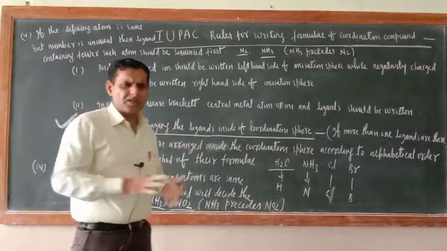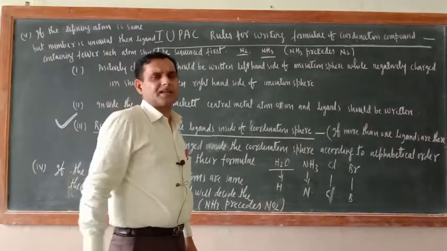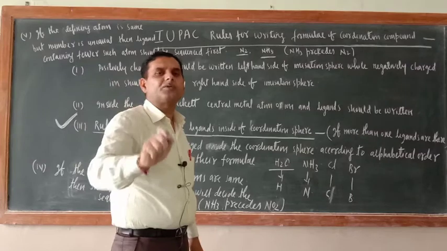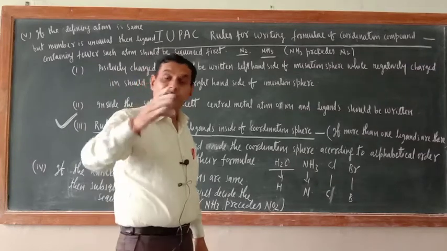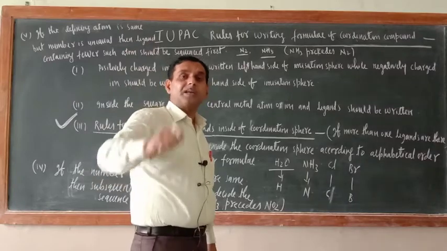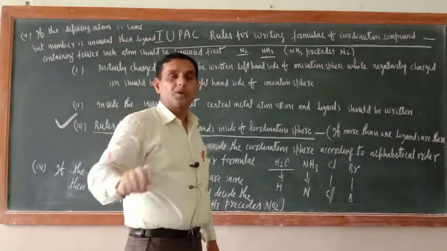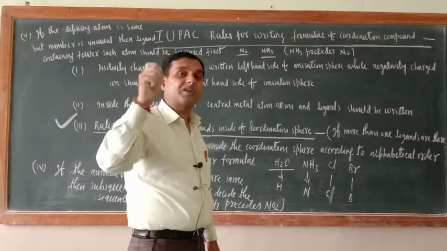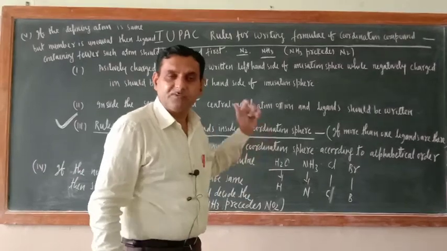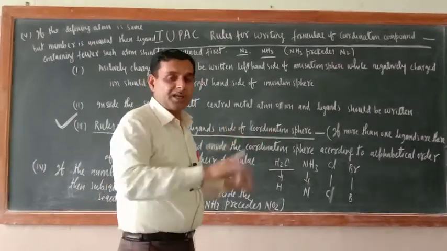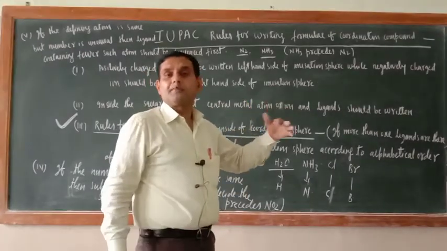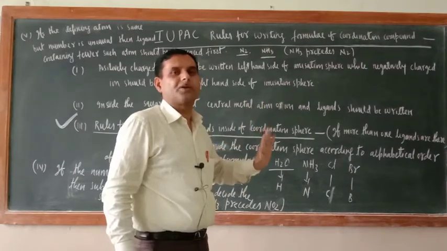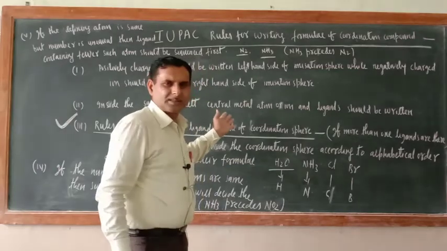Now the remaining rule is very simple. Suppose abbreviated ligands are there, like ethylene diamine. What is the abbreviation of that one? EN. So E should be taken into consideration while deciding the sequence, rather than their formula, NH2 CH2 CH2 NH2. In the case of an abbreviated ligand, the first letter of the short form should be taken. Similarly, in any coordination compound, the total number of positive and negative charges should be equal. That is also a rule, but those rules are irrespective.